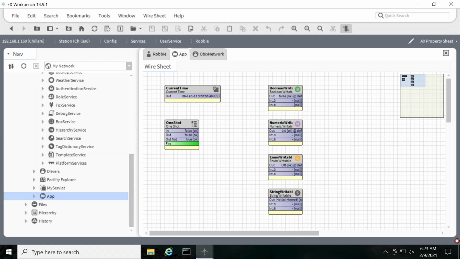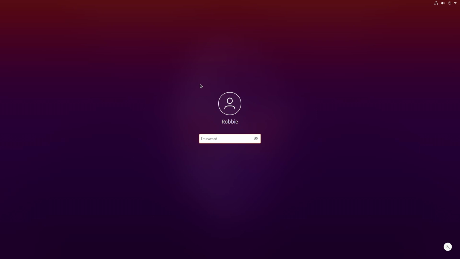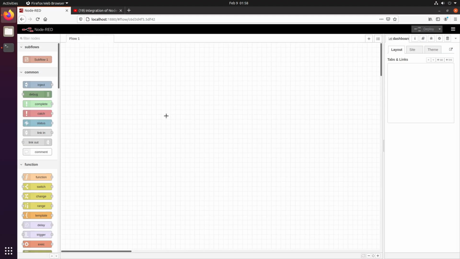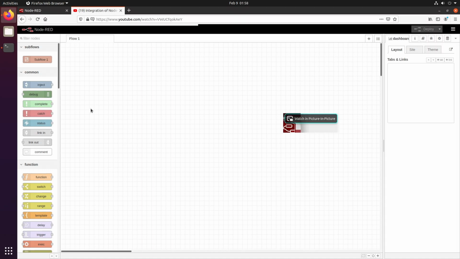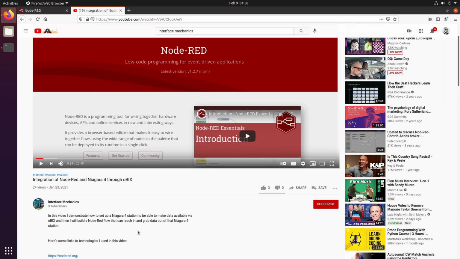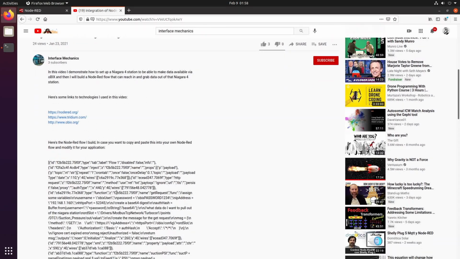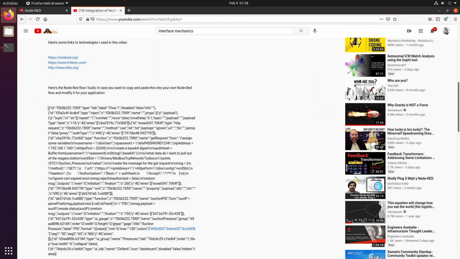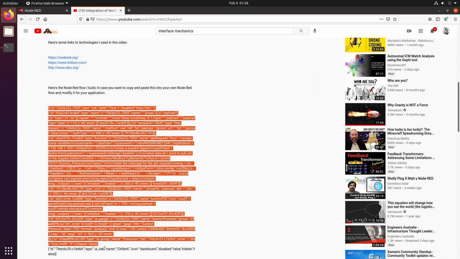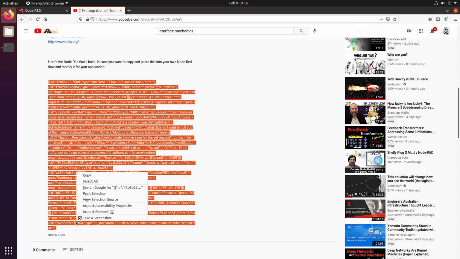Okay, so I'm going to jump over to Groovy Gorilla, and here we are in Node-RED. And so when I covered this in a previous video, I made a little flow, and I put it in the description on the video. So look for integration of Node-RED Niagara 4 through oBIX, and then look in the description and you'll see all this JSON. I'm just going to copy it right out of here